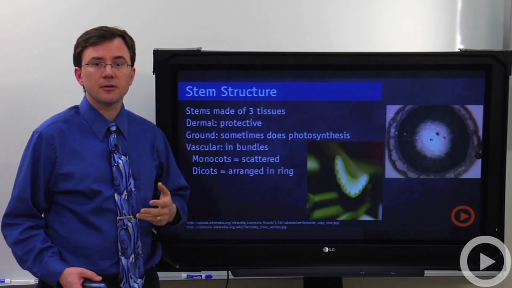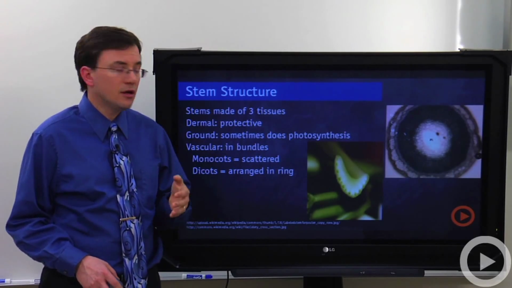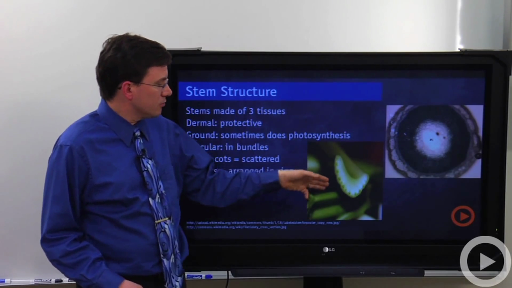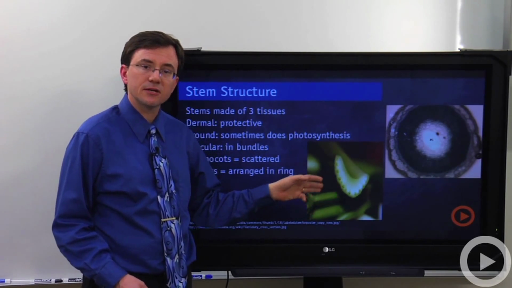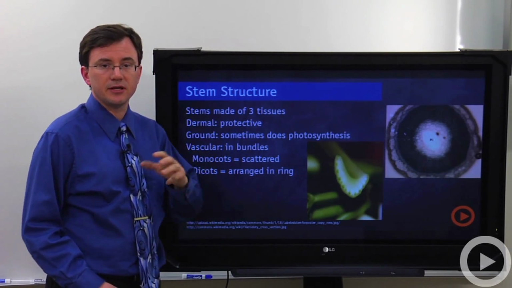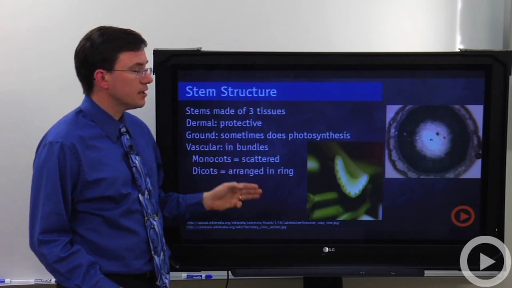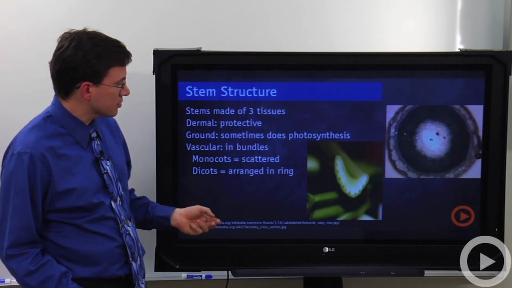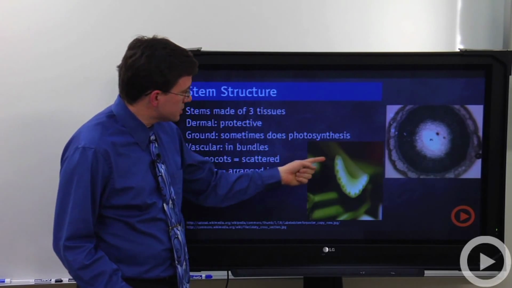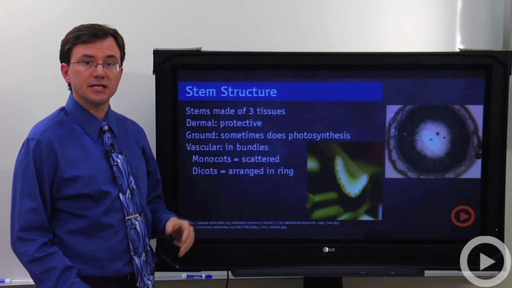Now the stem is made up of three different tissues. There's the dermal tissue that is kind of like our skin, and it protects the underlying other tissues. The ground tissue helps give a little bit of structure, but sometimes it's involved in doing photosynthesis. Then there's the vascular tissue, typically made of xylem and phloem, and those get arranged into bundles. Depending on the species of plant, you may have monocots, where you'll have the vascular bundles that you can see here in this cutaway view of a celery. You can see they're scattered somewhat randomly, versus the rings of vascular tissue that you'll see in dicotyledons,